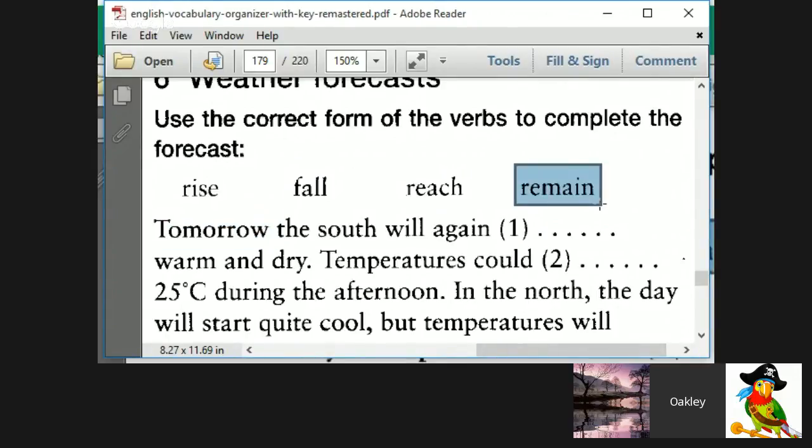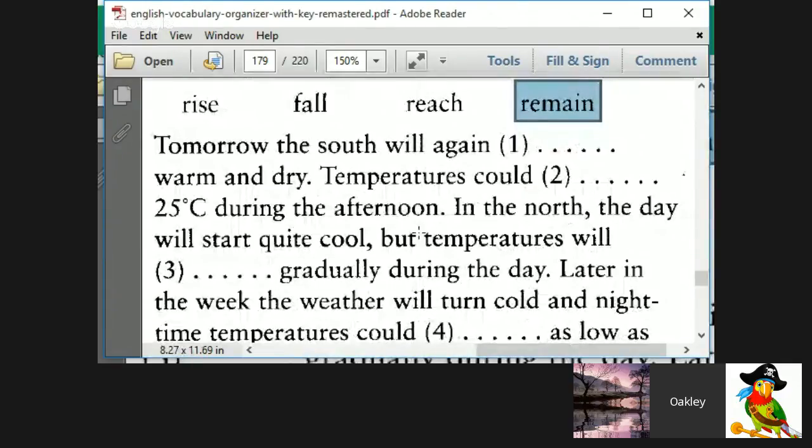Let me hand that one off to Andre. Next sentence, Andre. Temperature, okay, 35 to 6 degrees centigrade during the afternoon. In the north, the day will start with the cool, but temperature will